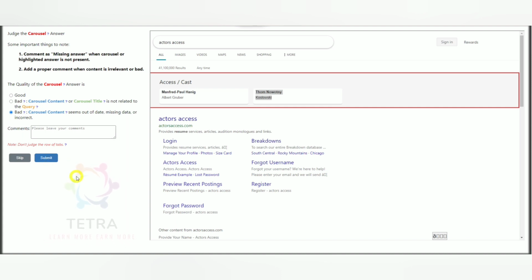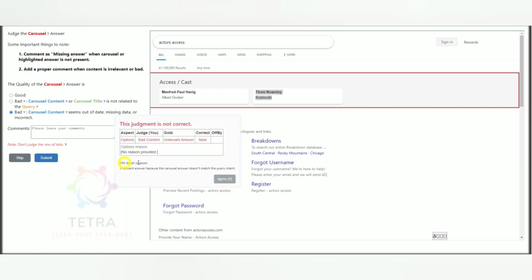So we are just doing submit and checking whether we are right or wrong for this query. We have done our research as per the guideline of this HITAPP Carousel quality check EN. It is taking more time. I think the server is busy this time, so let's wait till it brings the answer.